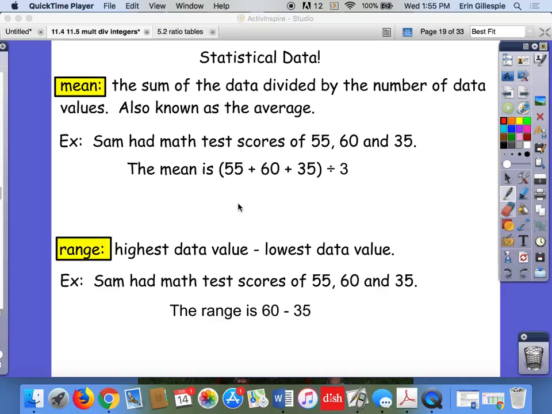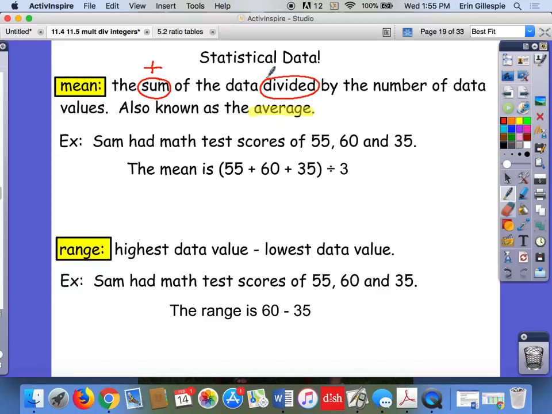There's lots of different types of stats you can calculate about a collection of data. One of those things is a mean. You might also know that as an average. That's probably the word you're more familiar with. So right here it says also known as the average. Okay, so the mean or the average, the way you find it is it's the sum, remember means adding, of all the data. And then once you get that sum, you divide by the number of pieces of data you